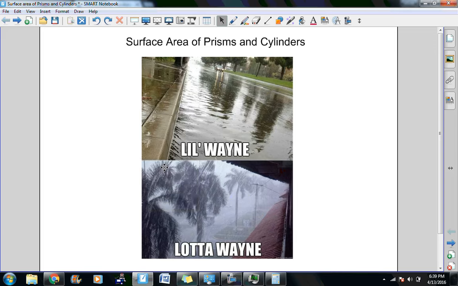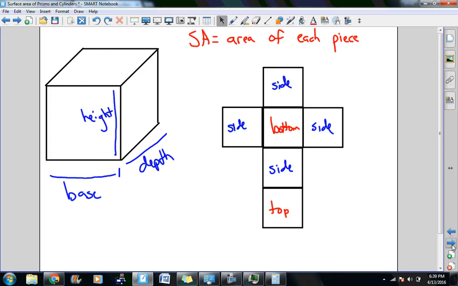The next topic we're going to cover is going to be on surface area of prisms. And we talked again about prisms in the first video as any shape where the front and the back or the top and the bottom would be an equivalent shape. So a rectangular prism would have equivalent rectangles on the top and bottom. A cylinder is an example of a prism because the circle at the top and bottom or front and back would be the same. The best and easiest way to find the surface area of any prism is to draw